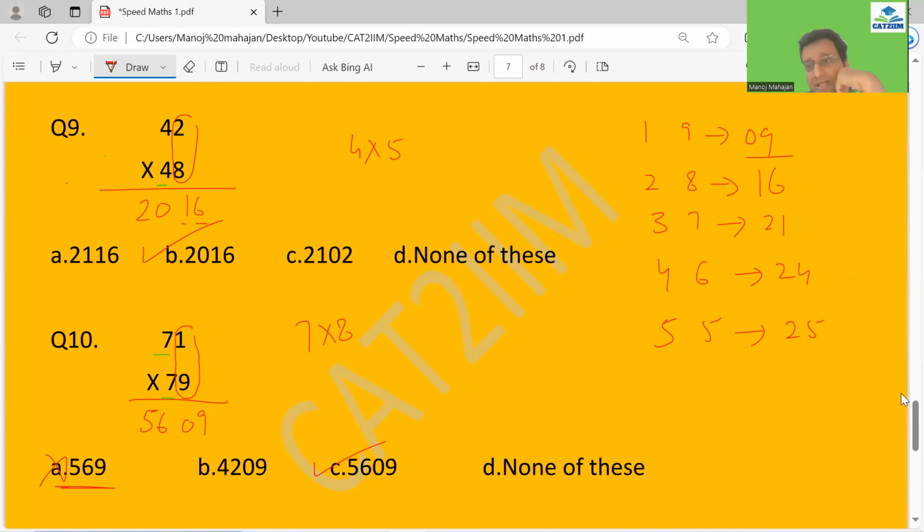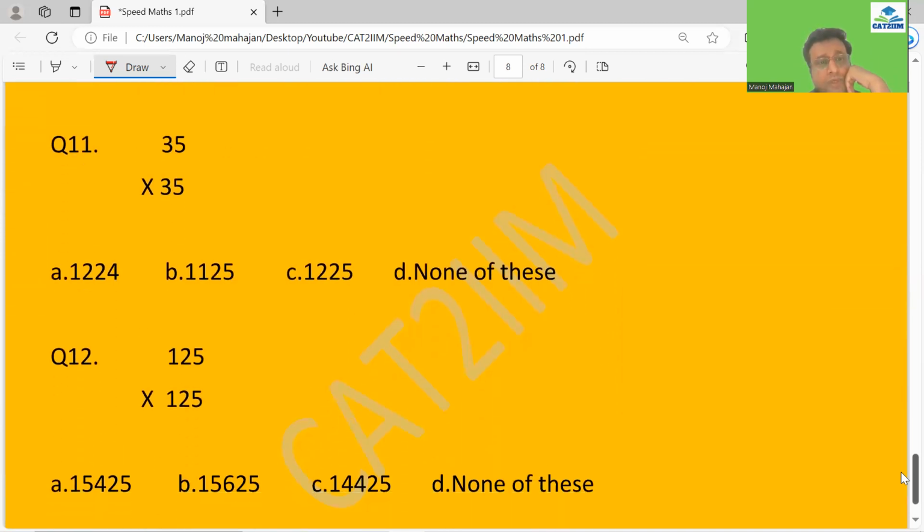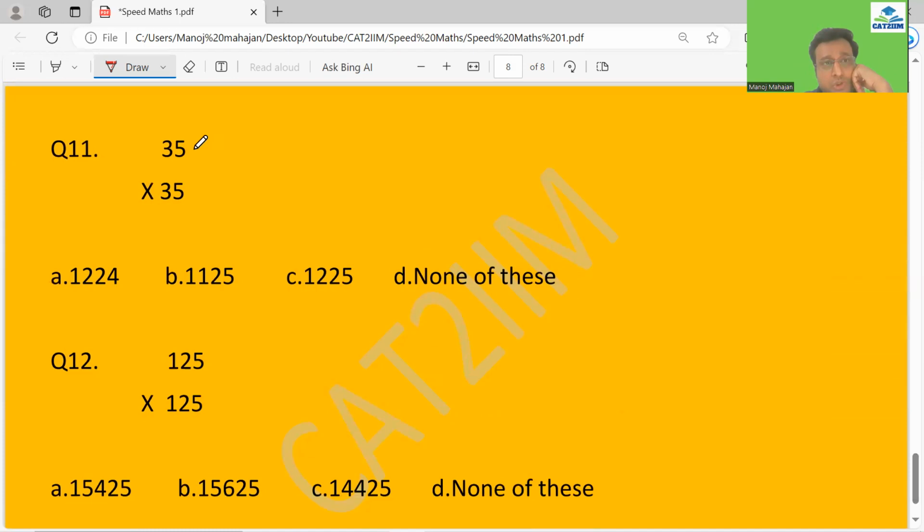Now look, one interesting thing with this specific case. If you have the unit digit as 5 and over here also 5, and the remaining number, of course, we have to take as same. So what I'm talking about is the square of those numbers, it is actually becoming a square only. 35 square, 125 square, if you look at the problems out here. So the square of a number ending with 5 is going to satisfy both the conditions. The sum of the unit digits will, of course, be 10. And the remaining digits would, of course, be the same. So what we can look forward to is that the square of a number ending with 5 would be very, very fast with